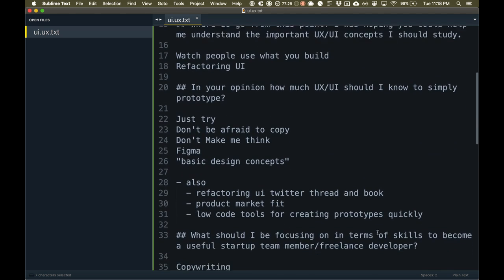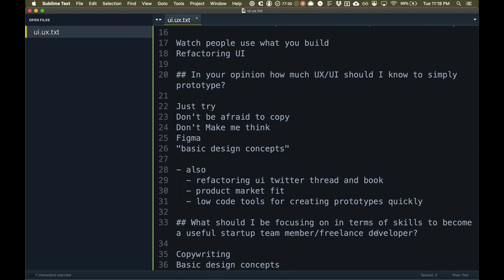And then the next thing is to watch people using what you build. So if that's getting on a Zoom call with them, or having them record themselves, or just sitting down with them at a coffee shop and saying, well, obviously not right now with COVID, but eventually, right?